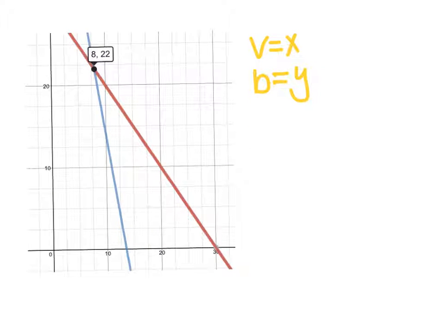So I use Desmos to graph this, which again, if you're looking for a graphing calculator, you can download the app Desmos, or you can go to the website desmos.com. And recall that we decided that our V we replaced with X and our B we replaced with Y. So I've graphed it on Desmos. It's given me my solution. It tells me that my solution is